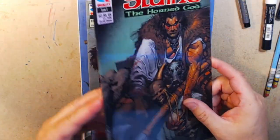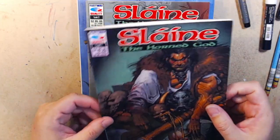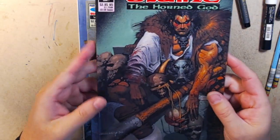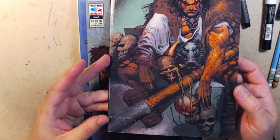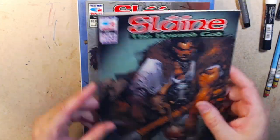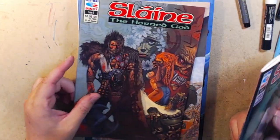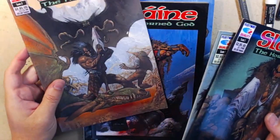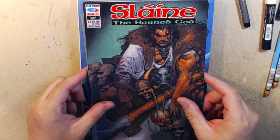These are beater copies. I would like to know who Fleetway was using for printing because these books are really nice. Like I said, they're beater readers, and they look pretty mint. For the most part, they've been abused, and they still hold about a 9.4. So, anyways,